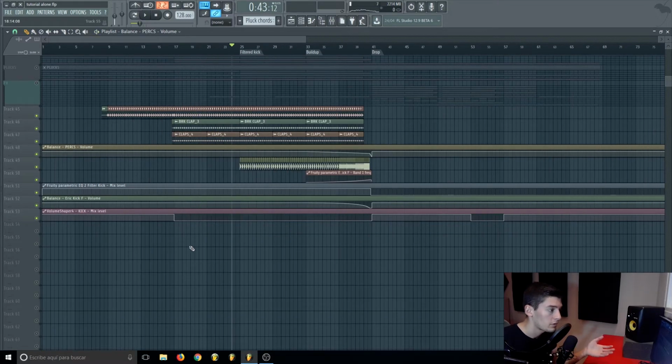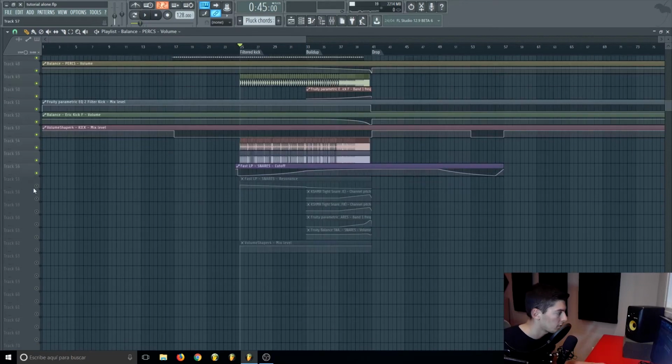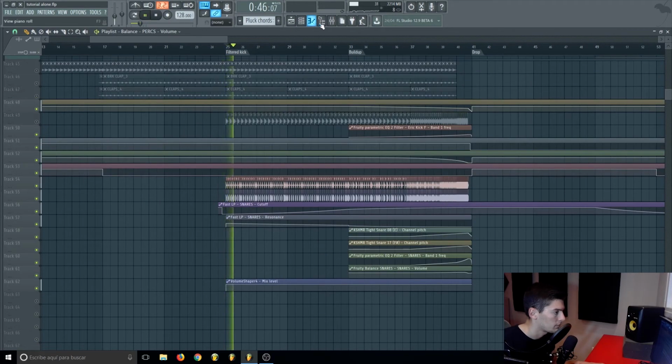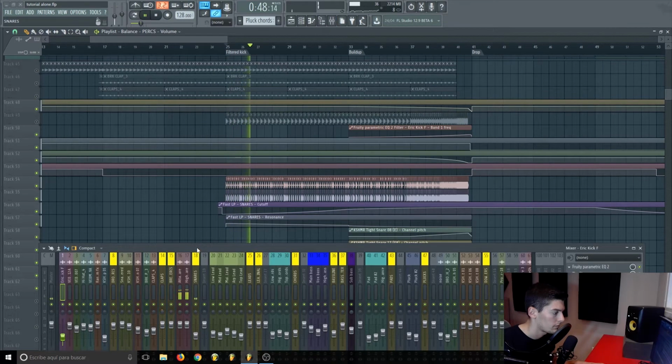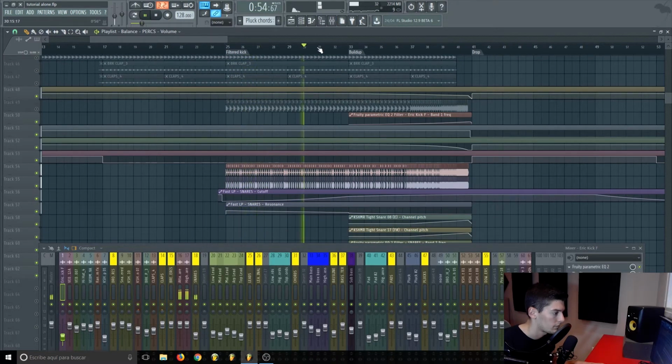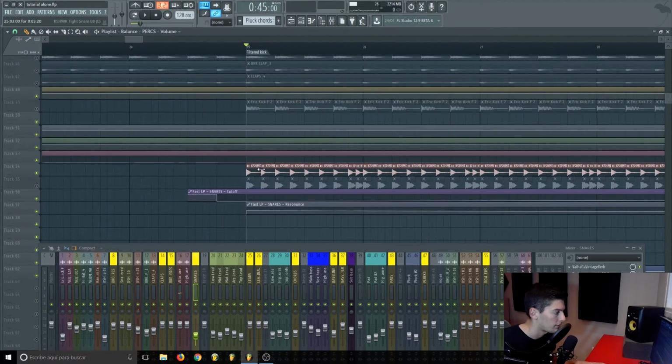what I also decided to do is to start adding the snares, because here in the build up I will have all the snares, alright, going on, but I wanted to start putting the snares from here, and to do that I just put the low pass on the snares. Alright, so first we have the snare,